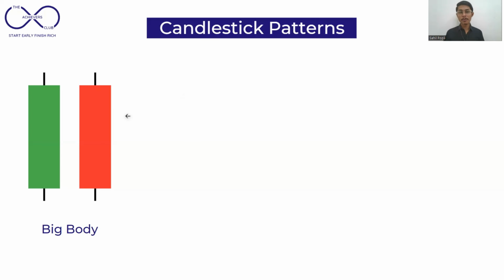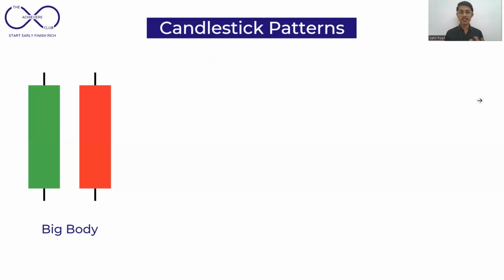On the opposite side, if after an uptrend a big red body comes, then after a confirmation there is a probability that it can change the trend. Similarly, after a downtrend, if a big green body comes up and after that candle we get the confirmation,